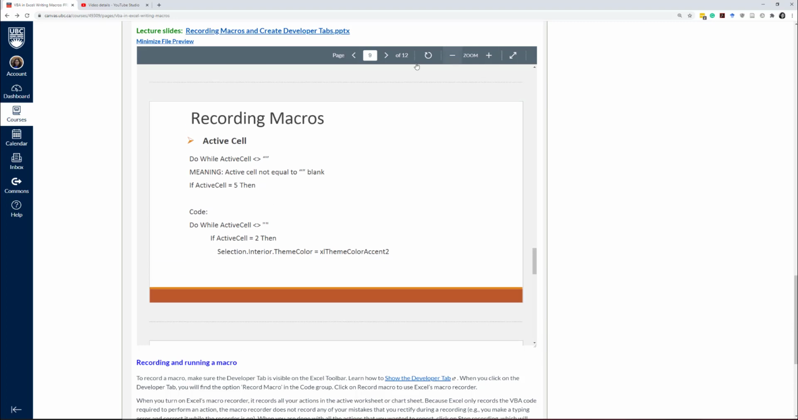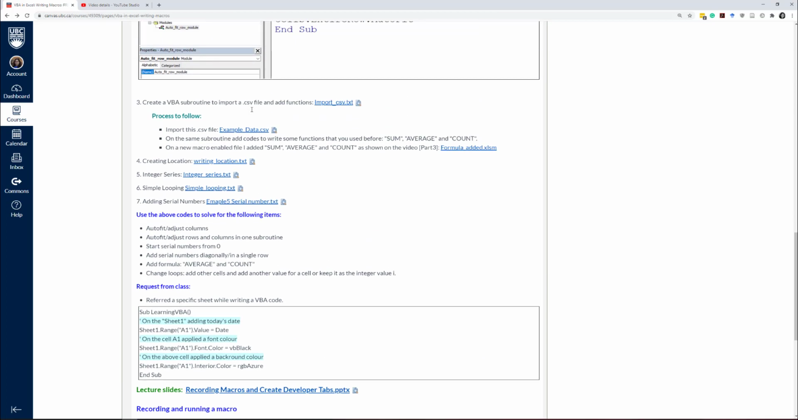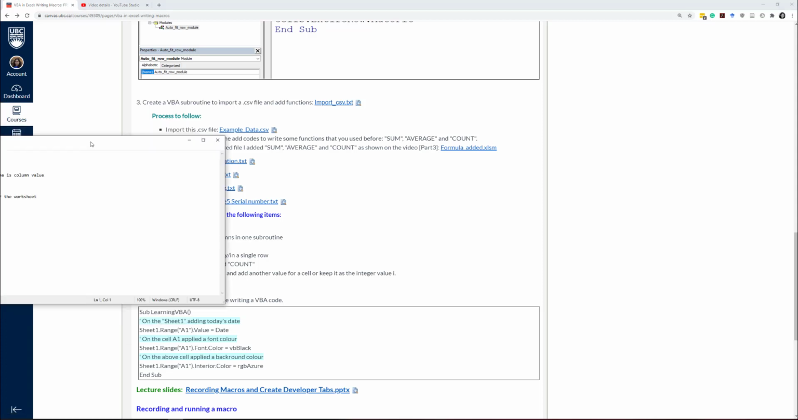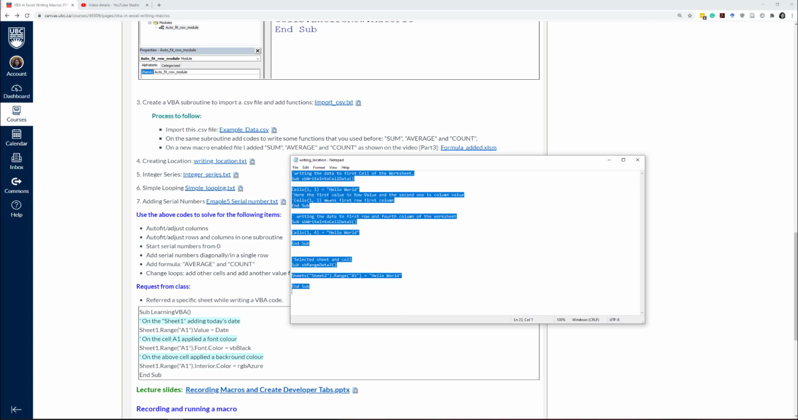So let's start with the simple looping, then I will walk you through how we can write some advanced code. Let's download these 4 files. At first we will start writing some location. You saw how we can locate some cells, but in different ways we can locate those cells as well. So that's the notepad, the txt file, and we need to copy this code